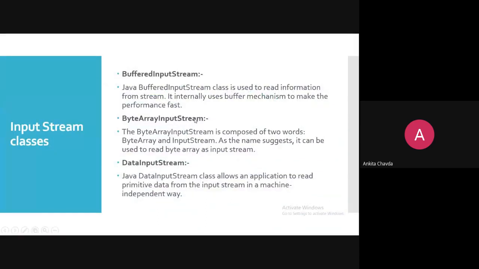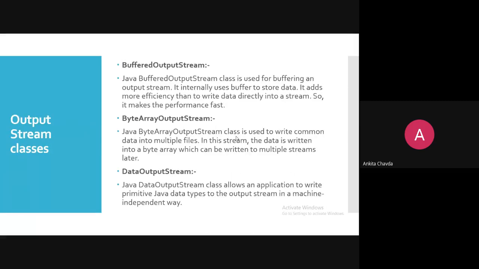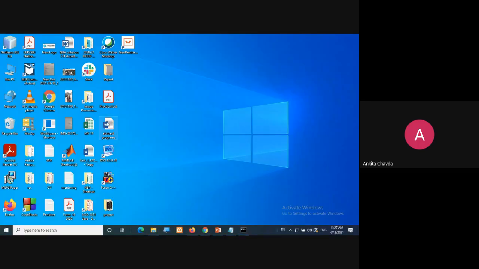Byte array input stream. The byte array input stream is composed of two words. The name itself says one is the byte array and another one is input stream. So as the name suggests, it can be used to read a byte array as the input stream. And here is why we are using this byte array output stream, because